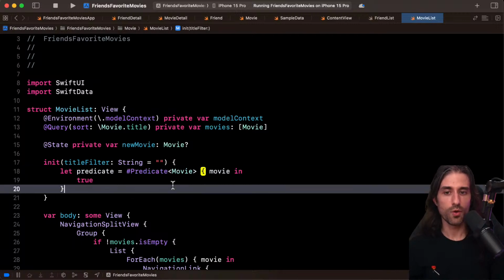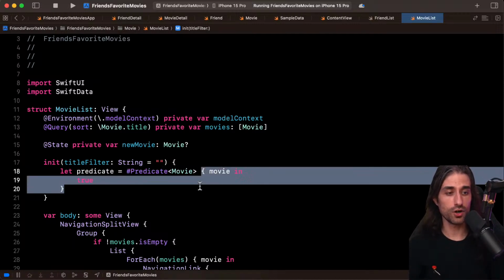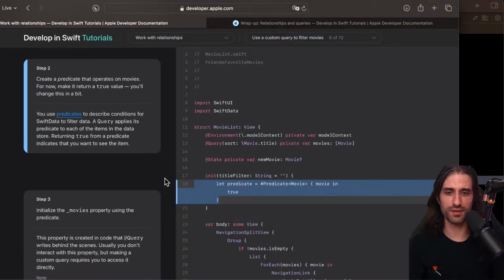It also shows why they introduced macros at the same time as SwiftData, because without this macro system, you don't have a way to write a predicate where you can write something that looks like a closure, but that actually cannot contain any kind of code. If you didn't have this predicate, you would need some kind of DSL, a domain-specific language, where you have some kind of enum with all of the possible properties. It would feel less organic, less like regular Swift code. But let's keep moving on. And if what I said didn't make sense, it will make more sense once we have moved on a bit.